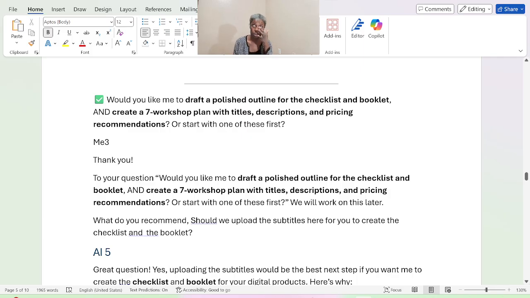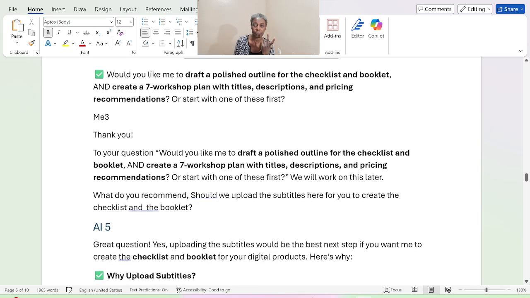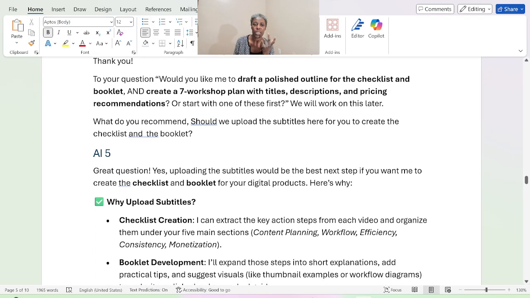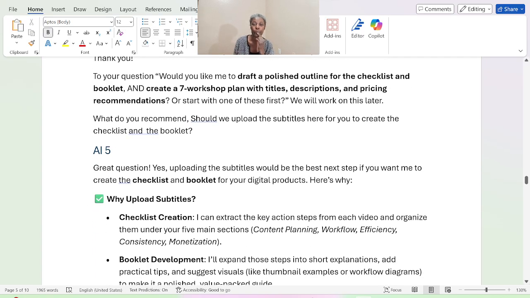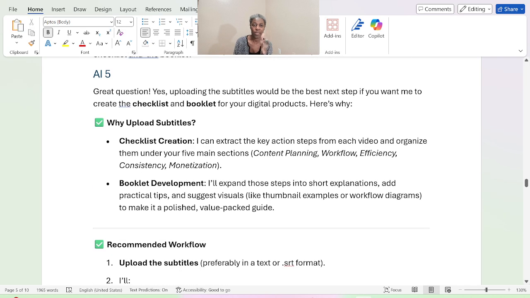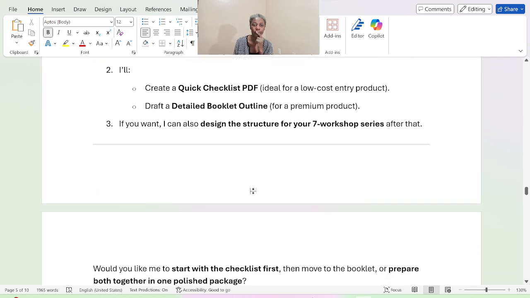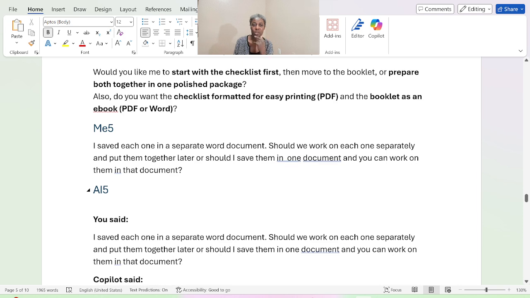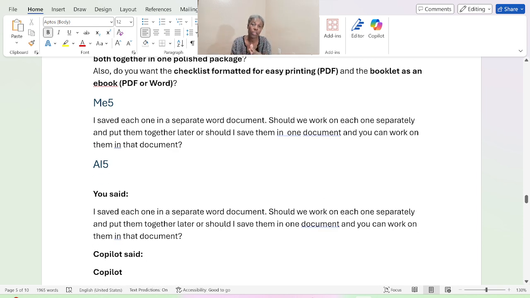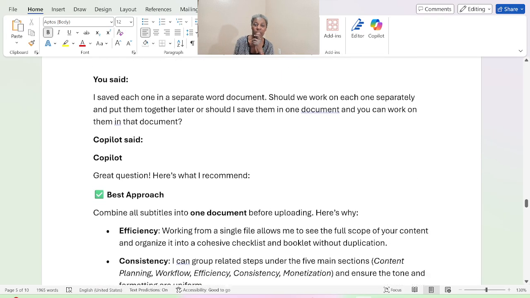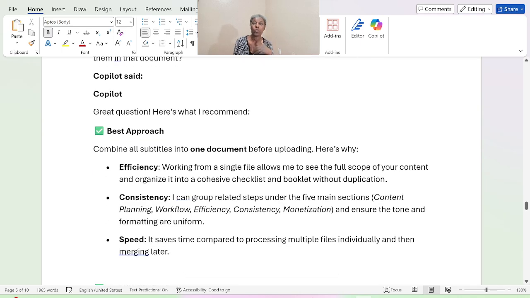Then I said okay, because I save all those subtitles per document, if I have 14 videos, I have 14 documents. I asked if we want those to be in one document or have them separate. I have some questions here that I asked as well, and he recommended we put them all in one document so that he can read everything and make suggestions from there. So you can use AI, like in this one I'm doing it, I just select things,